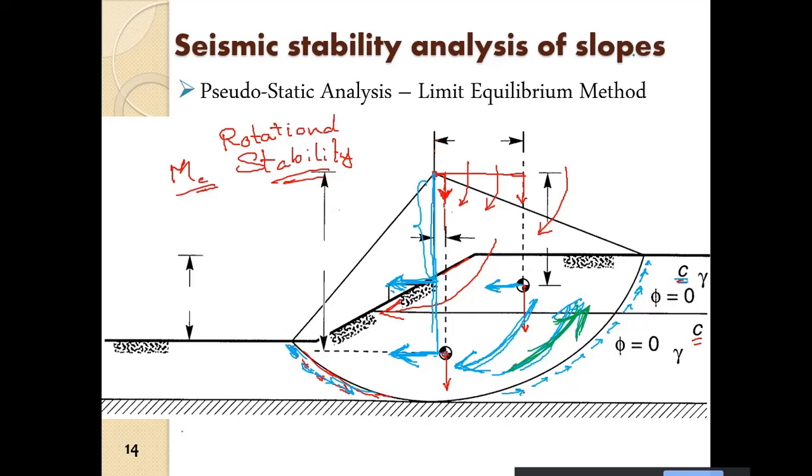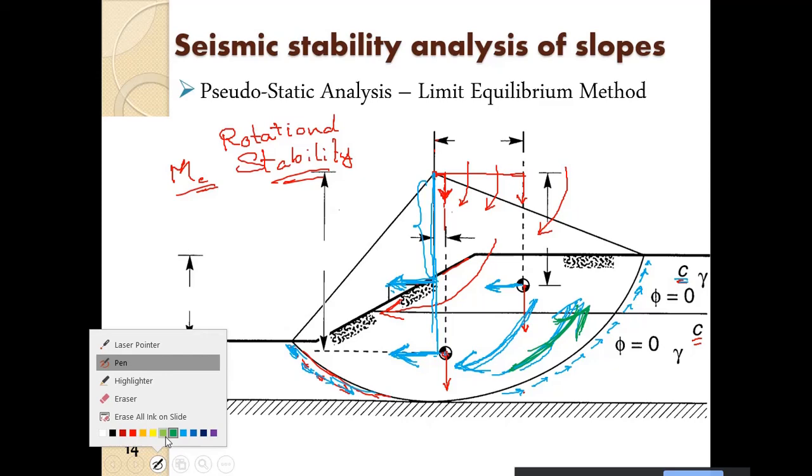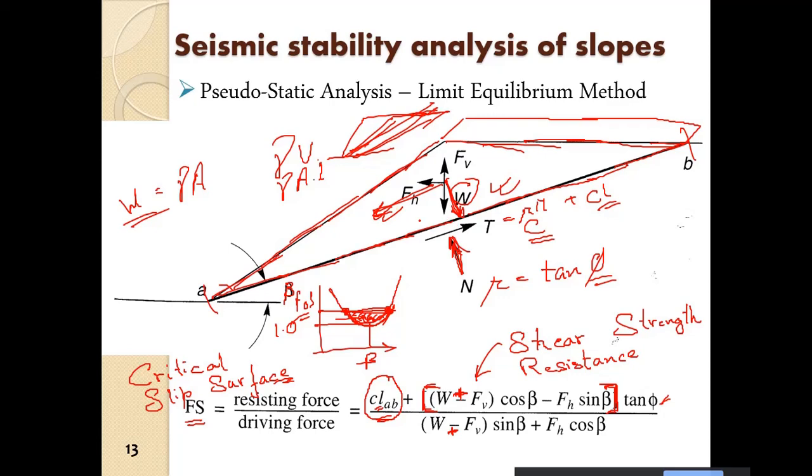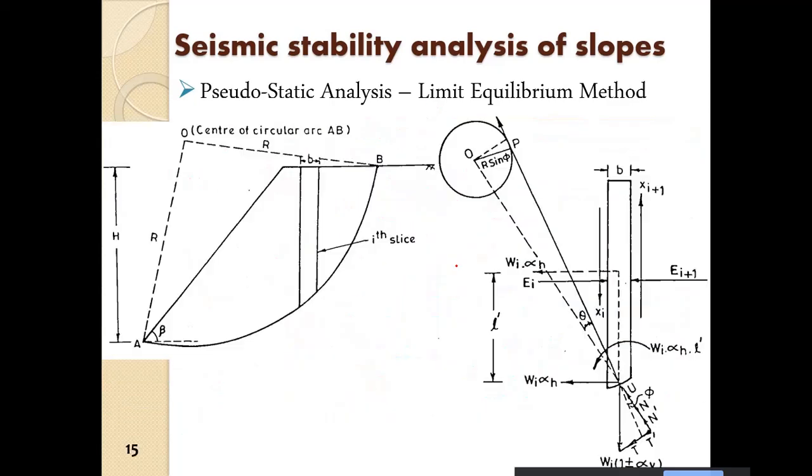So this is the rotational stability analysis. Both of them are limit equilibrium analyses. So this is limit moment equilibrium, and that is limit force equilibrium. Alright, so this is limit force equilibrium, and this is limit moment equilibrium. So as we have observed, to increase the efficacy of the analysis,